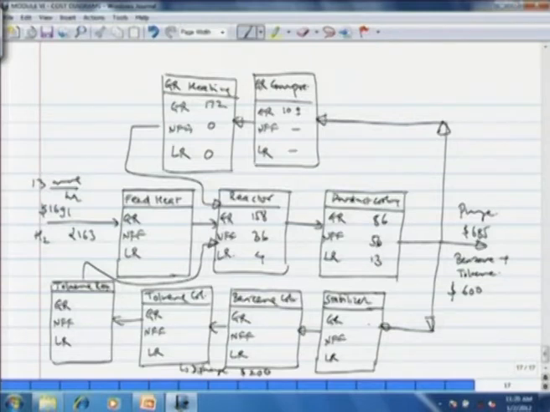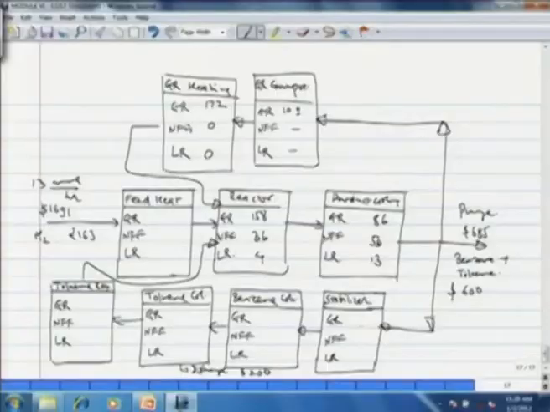Now, stabilizer column, the total cost in the lumped cost diagram was $28,000, but I just mentioned that we have to distribute to net fresh feed and liquid recycle in the ratio 3:1. So, 28 distributed to net fresh feed and recycle is 21 and 7. Similarly, $172,000 of benzene again distributed in the ratio 3:1. So, there is no gas recycle in benzene column, net fresh feed 129, liquid recycle 43.